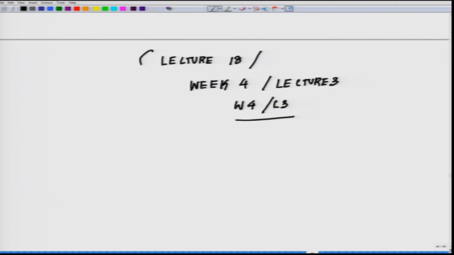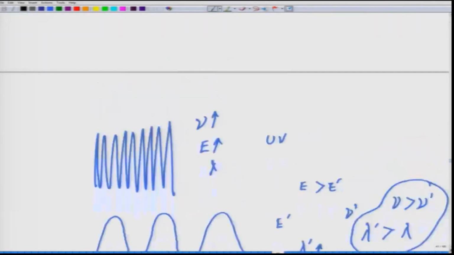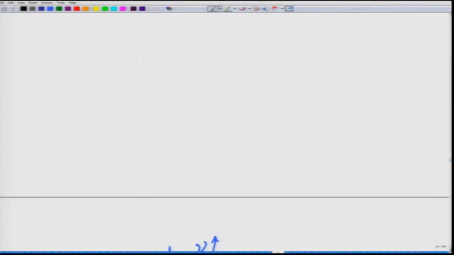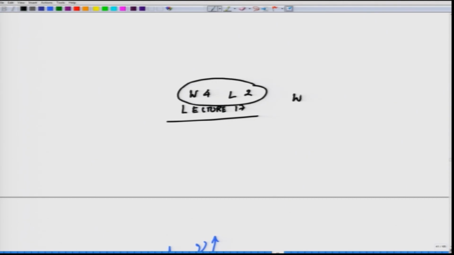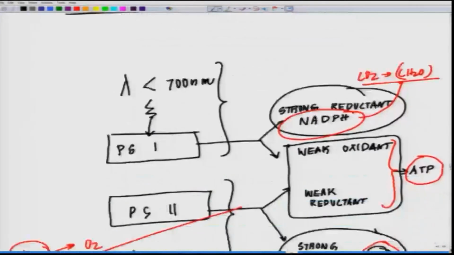In the last lecture, which was lecture 17, where we talked about the red drop, which was week 4, lecture 2, I forgot to mention this. Now, coming back to